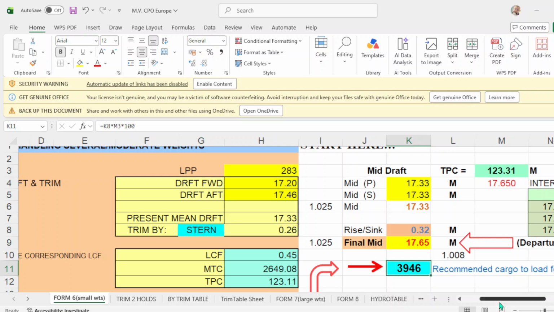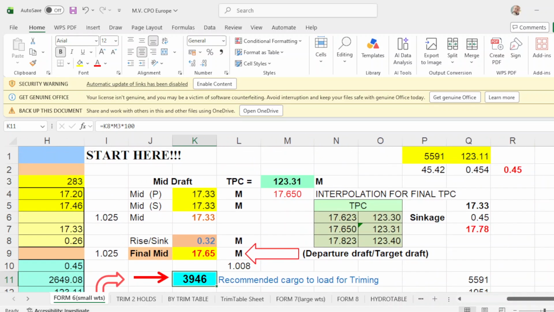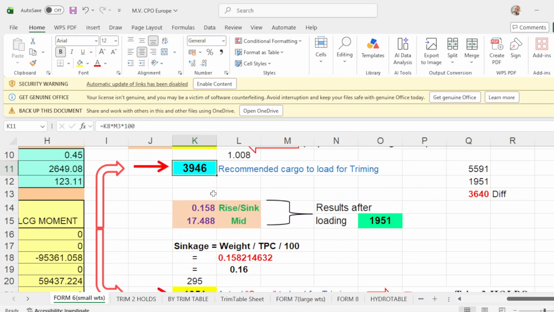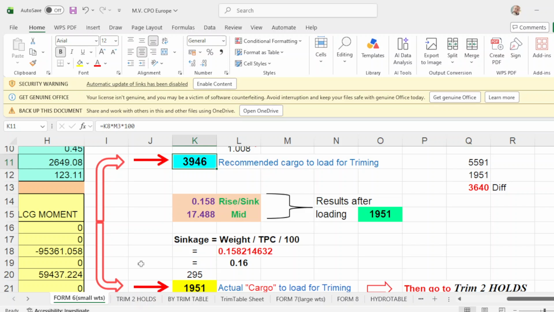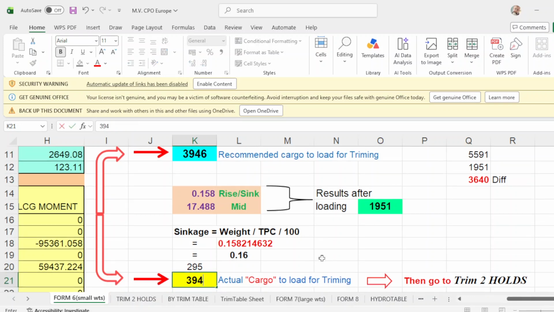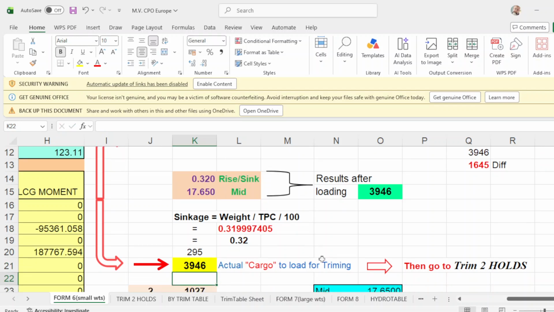Okay. Then I have here another, I'll explain that later. So once the recommended cargo to load for trimming is 3,946, follow this arrow and put here the weight 3,946. Okay. So what happens if you load 3,946?